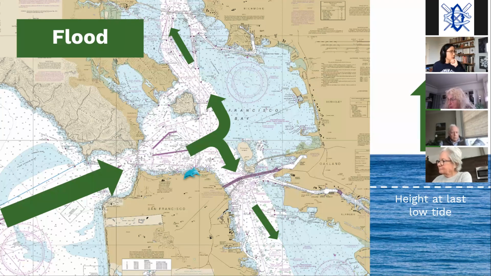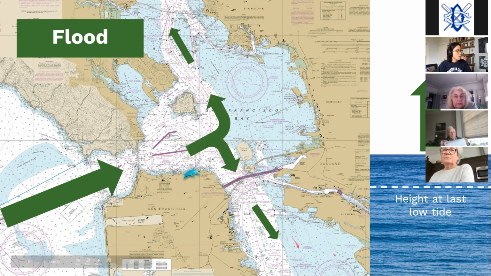So as you can see, during a flood tide, water comes in from the Pacific through the Golden Gate. And one thing you want to notice is that from the perspective of the club, that movement of water is in an east-west direction. Yet once you get around the corner, as the bay splits off into two different directions, the current splits as well. And so in other parts of the bay, they would experience more of a north-south